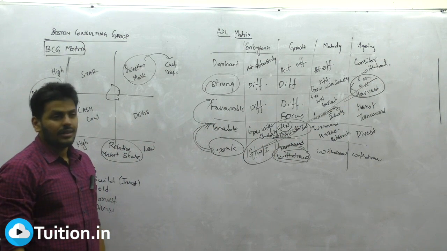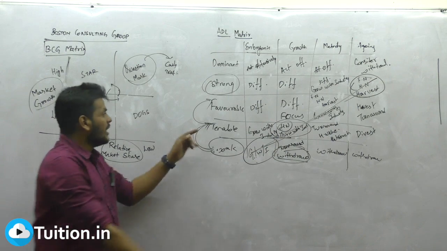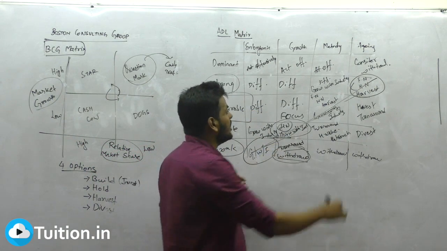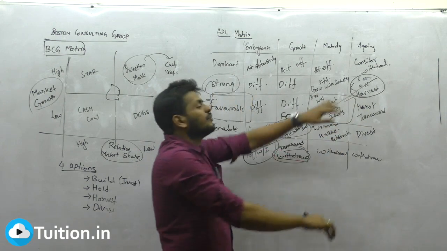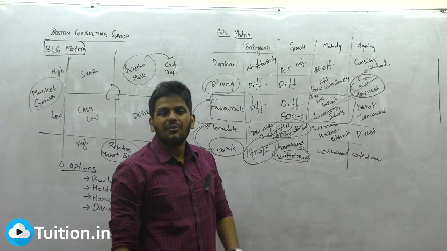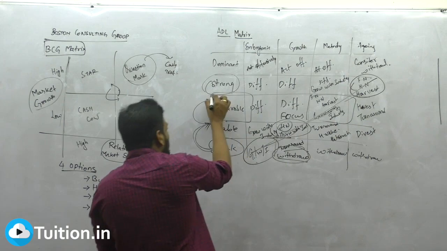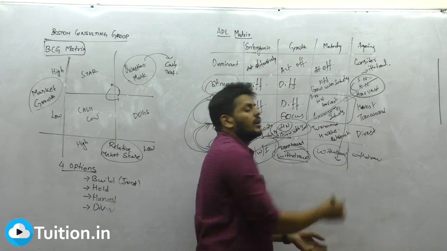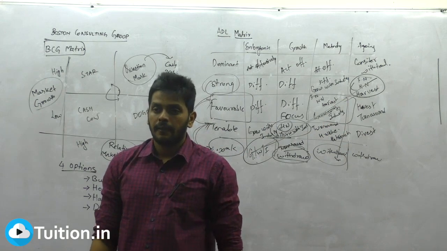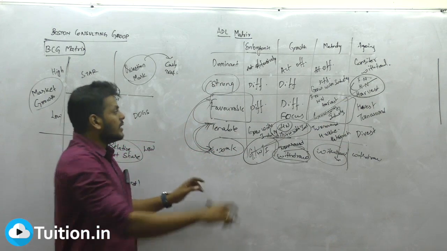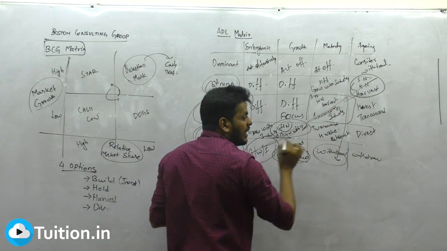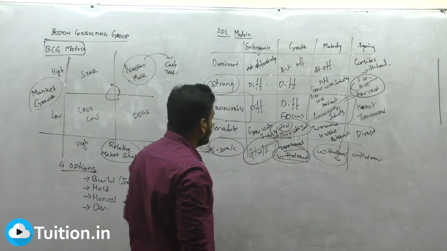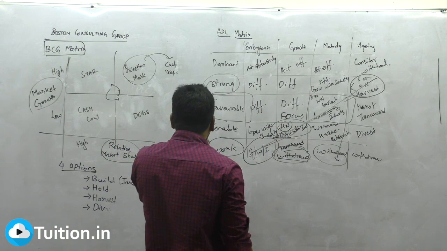Understood? Same is the story on the opposite side. A favorable company's product is already in the maturity stage. Huge fire, a lot of property damage, asset damage. The favorable company became a weak company. So from here to here, what is the option? Immediate, you don't have an option. You have to withdraw. So you understand? This matrix can move anywhere. Any company can turn out to be any other company. Understood everybody? That's the whole point here in this matrix.